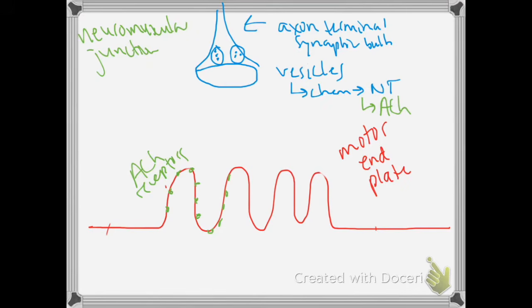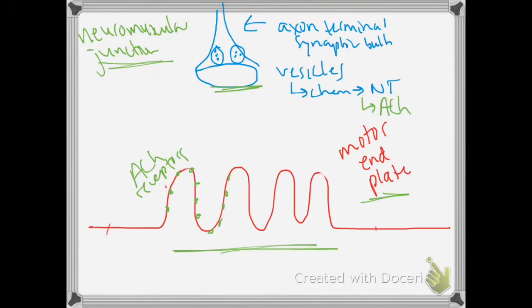When I look at this modification, these singular folds are called junctional folds. They're increasing the surface area of the sarcolemma to allow more receptor sites. This modification of the sarcolemma only occurs at the motor end plate, or near the motor neuron. Okay, so motor end plate, motor neuron,